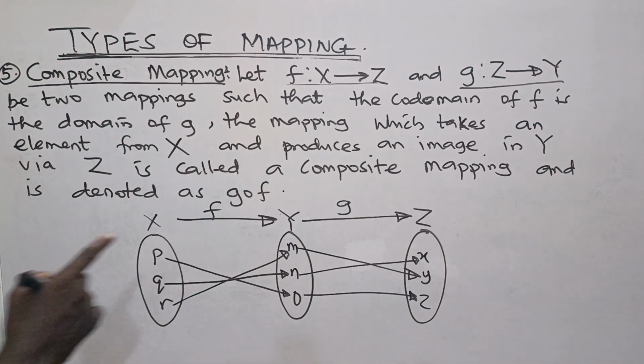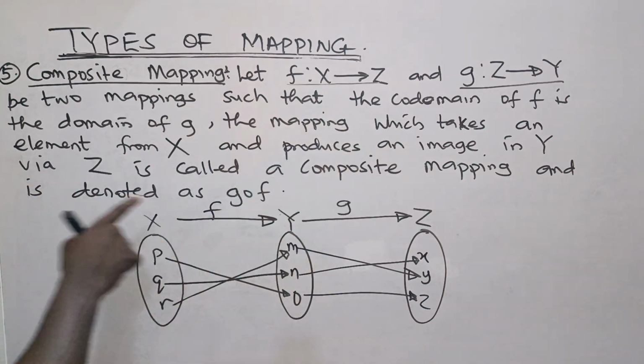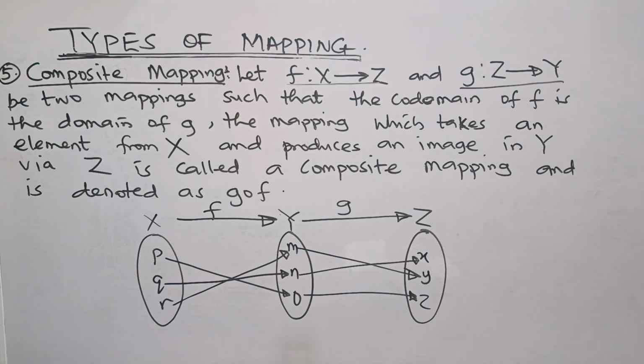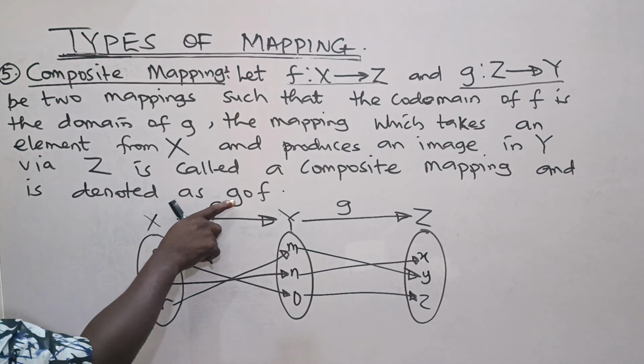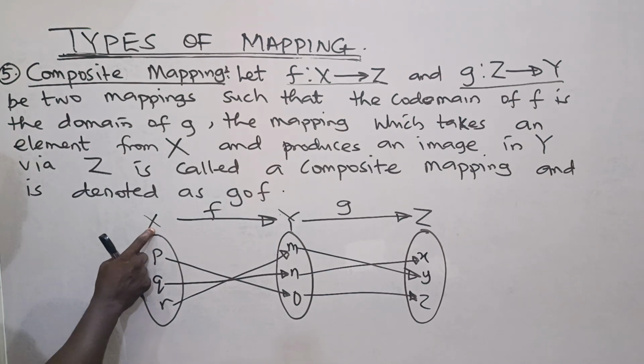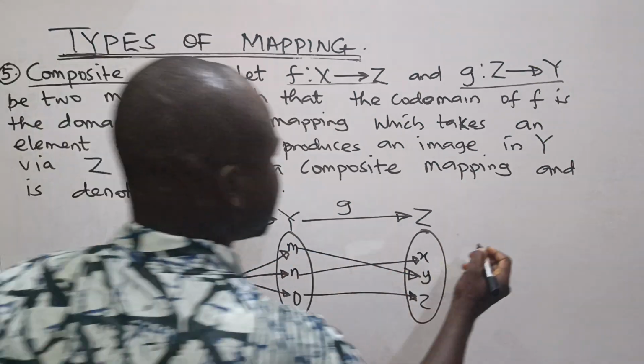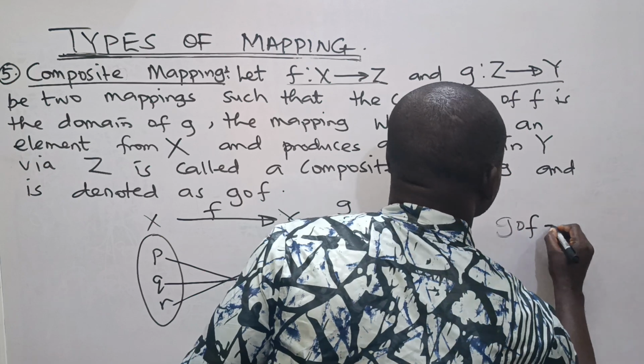The mapping which takes an element from X and produces an element in Y via Z is called a composite mapping and is denoted as G of F. What we're trying to say in essence is that these are the elements of X, Y, and Z. So when we have composite mapping, we are going to have something of G of F, which will be equal